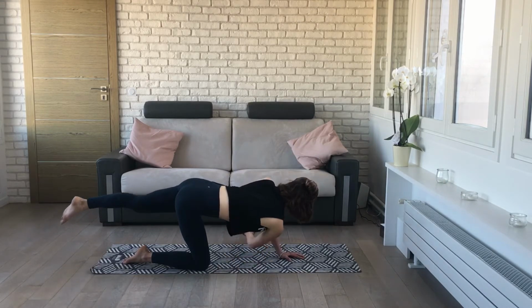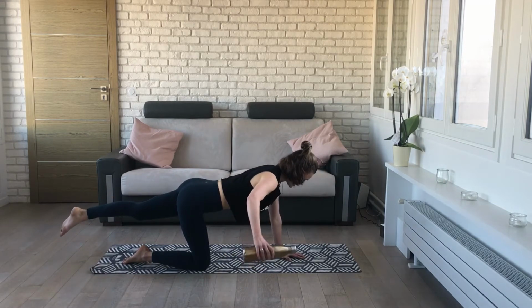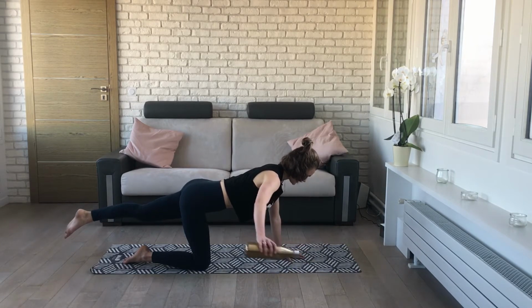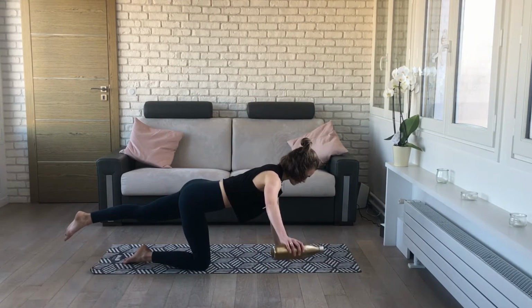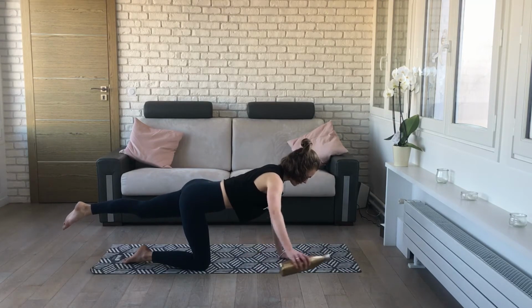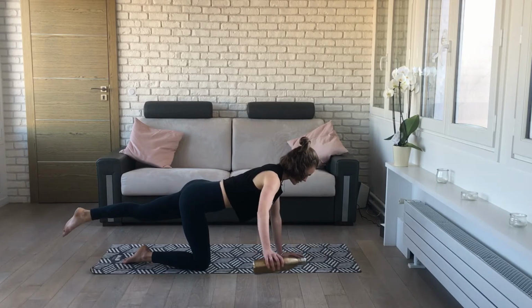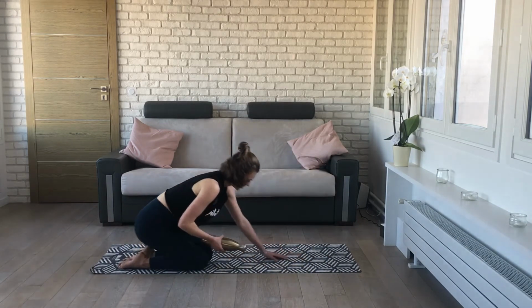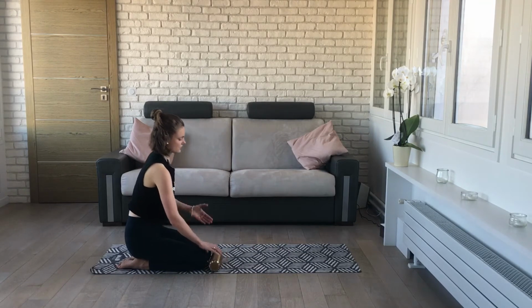Last time. Holding it out to the side, little circles just with this arm, round and round, relaxing the shoulders for 5, 4, 3, 2, 1, and the other direction for 5, 4, 3, 2, and 1, and then bringing everything back in. Let's just have a little bit of a stretch out through this